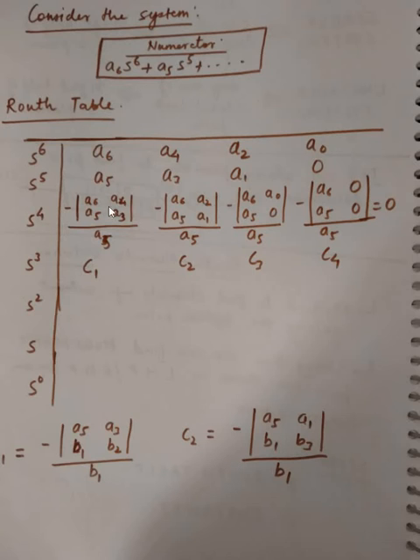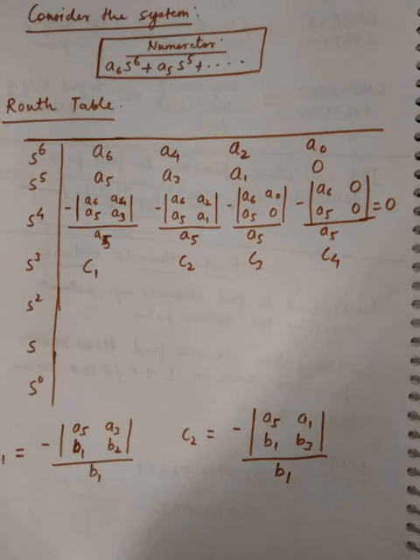वैसे C2 क्या होगा, ये पहली दो एंट्रीज तो कॉमन ही रहेंगी, A5 B1 और डिवाइड बाय B1 कॉमन ही रहेगा, सिर्फ ये वाली एंट्री चेंज होगी, वो क्या होगी इसके राइट हैंड वाली, राइट में क्या है A1 B3, तो A1 B3 राइट। इसी तरह से आप सारे इसकी एंट्रीज को भरेंगे, ठीक।